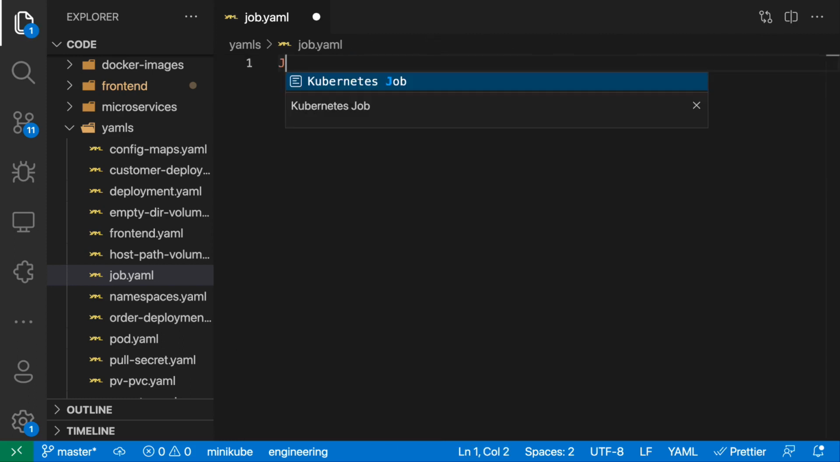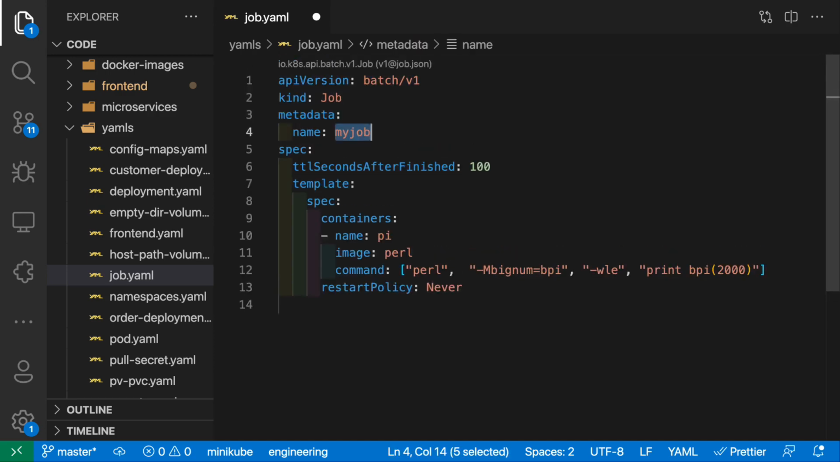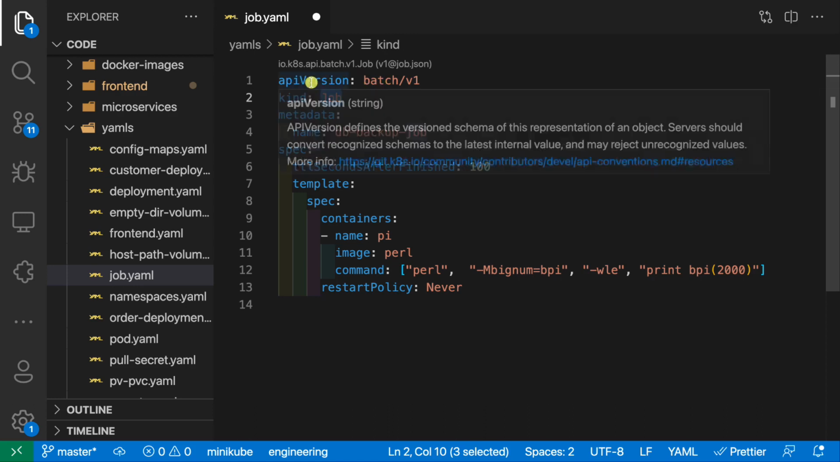And I'm going to type job. And you can see that we have the auto completion there. So job, and this is our job. So here I'm going to say db-backup-job. Now you can see the kind in here. So the kind is job, and then the API version is